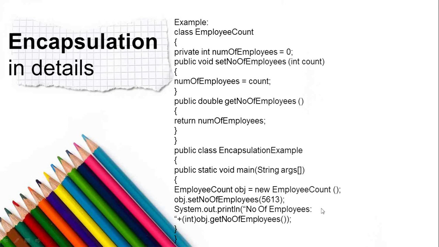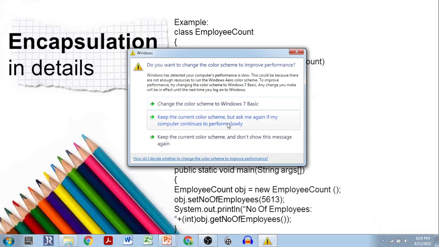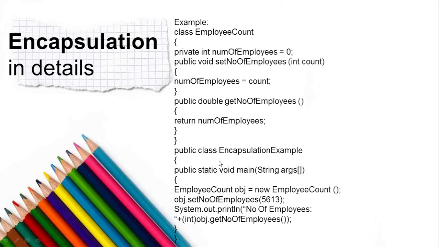Then we are printing that, System.out.println, number of employees. This number of employees will be printed on the output screen. Plus is used for concatenating some value to display on the output screen. It's not addition, it's concatenation of a string. Then we are typecasting it to integer because it is returning a double value, correct? When you are returning here public double getNumberOfEmployees, we are returning the number of employees, which is of the type double. So to change from double to integer, we have to make an explicit typecast, because double is larger than integer.